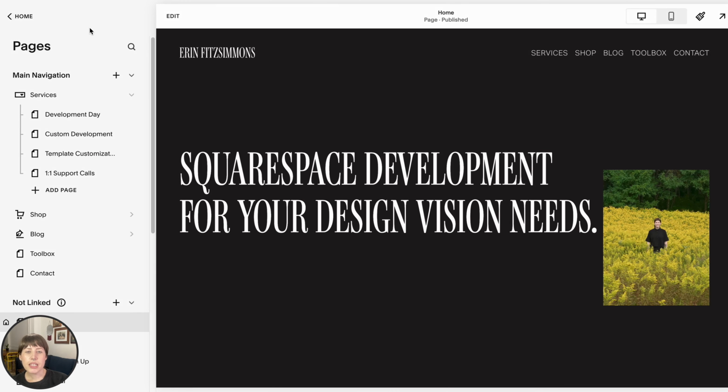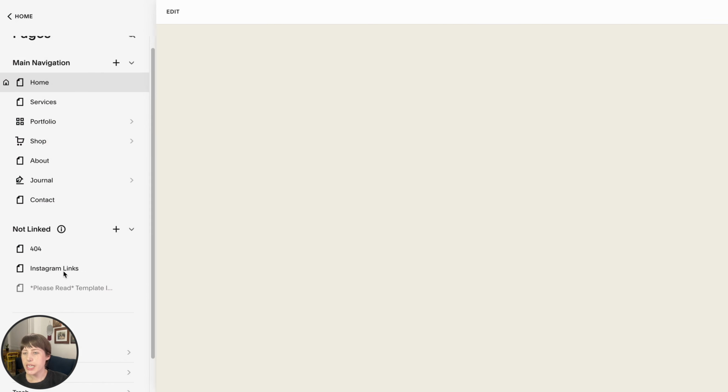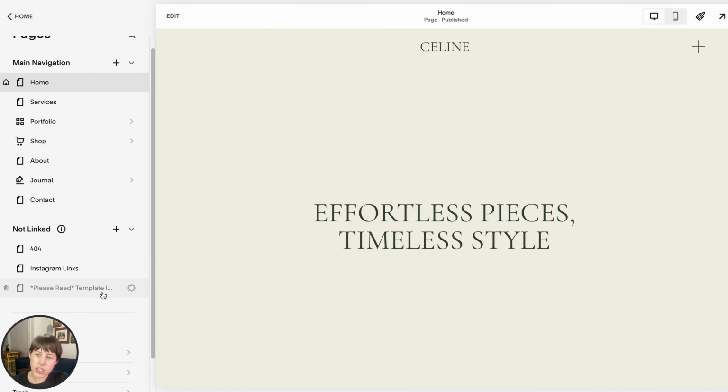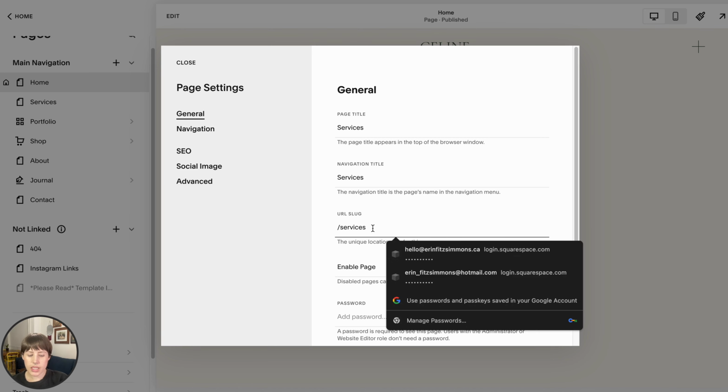All right, and then something that's maybe a little bit more tech oriented is thinking about URL slugs and making sure you don't have any broken links, doing URL mapping. And I've already covered disabling pages as well, such as we did here with the please read template instructions page. So disabling pages if you don't want them to be seen. But talking about URL slugs, you can find them when you hit the gear icon, this URL slug here. You want to be naming your URL slug. Most likely it's going to be the same as your page title or navigation title. You just don't want it to be